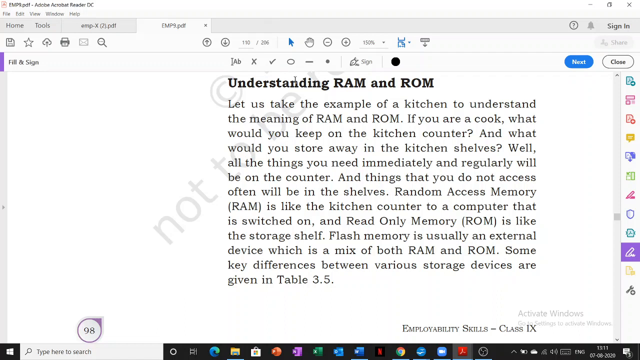Next topic is RAM and ROM. Now what are RAM and ROM? Here it is giving an example of a kitchen. Let us go through it. If you are a cook, what would you keep on the kitchen counter and what would you store away in the kitchen shelves? Well, all the things you need immediately and regularly will be on the counter, and the things that you do not access often will be on the shelves. So